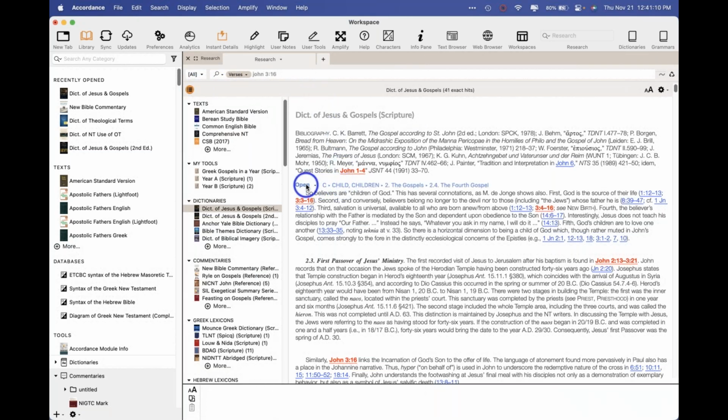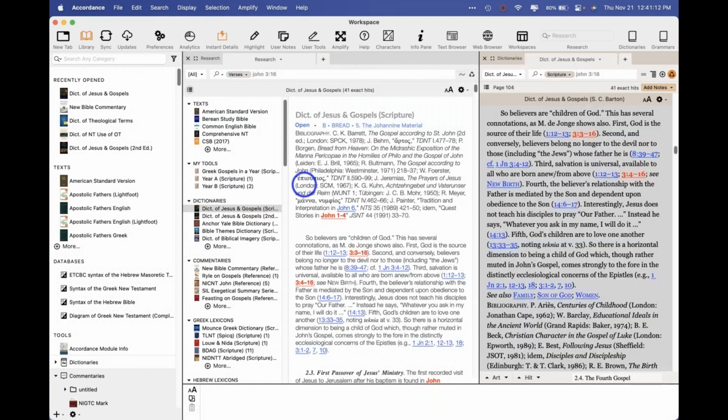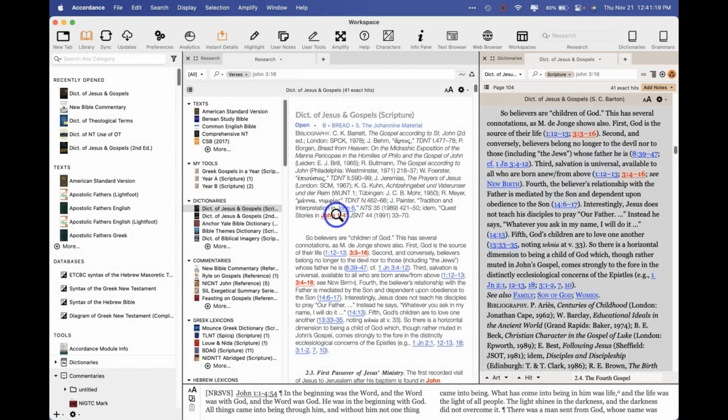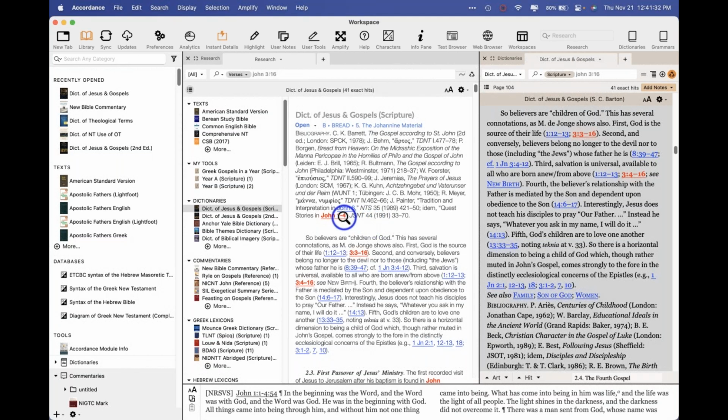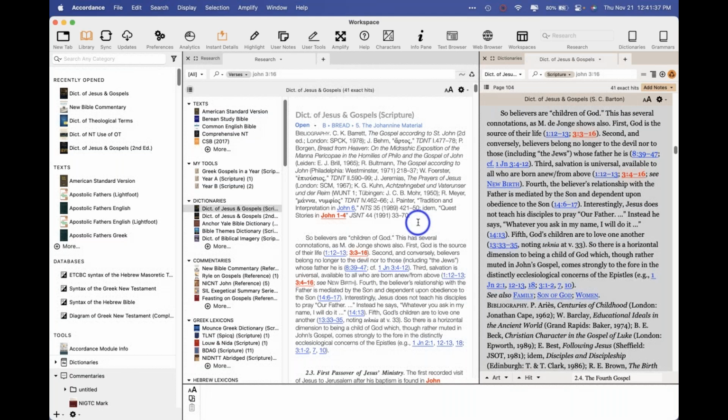Now notice that if I click on open here, it's given me John 3 through 16, John 3:4 through 16, John 1 through 4. Some of those will be relevant, like God is the source of their life. Okay, that pertains. Some will not be relevant. So I've got this bibliography, quest stories in John 1 through 4. That's not really relevant. So you can make this more relevant by putting the equal sign in front of it,